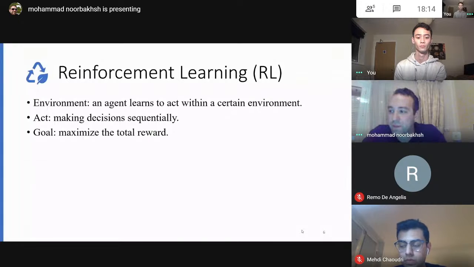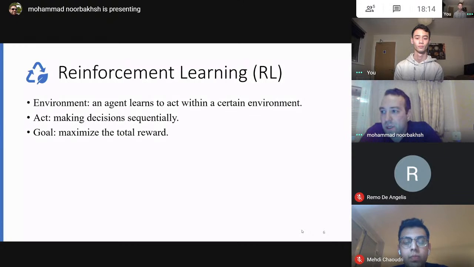So the first thing is about reinforcement learning. The environment, actions, and goal are the main components of reinforcement learning. The learner or the agent interacts within a specific environment. It takes actions sequentially and receives a reward from the environment. And the goal of the agent is to maximize the total rewards. Actually, the agent is not told which actions to take, but instead must discover which actions generate the most reward by trying them. And this is called trial and error